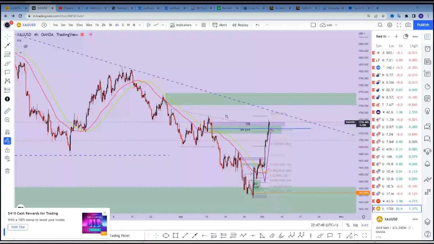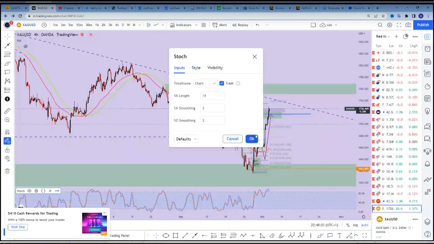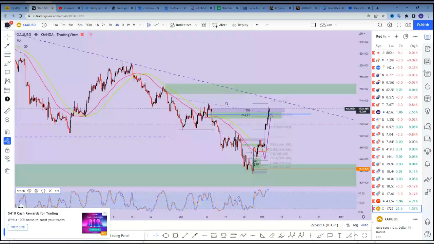Please, I want you to show us the settings for your stochastic, the way you showed. All right, I think the way you showed the moving average, I think I talked about that already. It's just 1433, nothing out of the ordinary. Is that clear now? Yeah, it's clear. All right. So is that all you'd like to ask? Yeah, that's all. All right, beautiful.